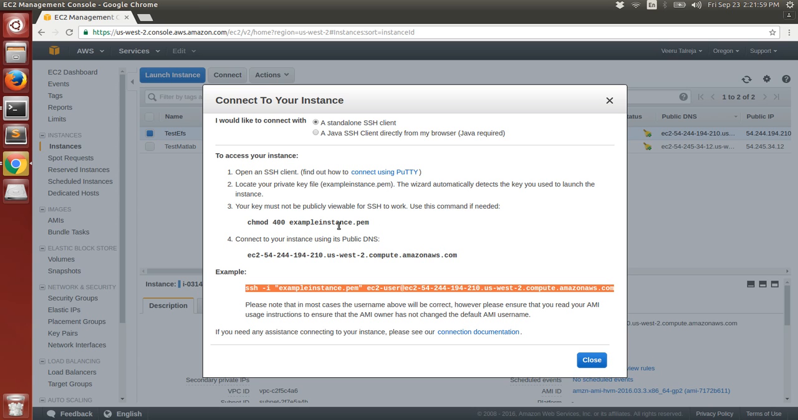When you create a new key pair, that is when it asks you to download and save the key, and that's what you save. And then you change the permissions on that, chmod 400, and then you connect to your instance using this command here. It's exactly the same thing. This ec2-user is the user that it gets connected to, and ec2-54 is the public DNS, or the name of your instance. So you just copy that,